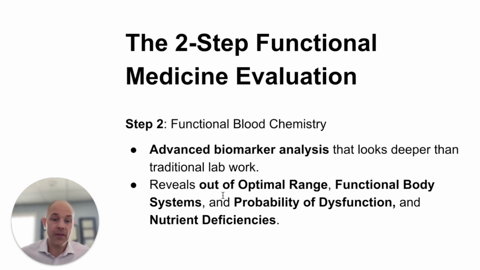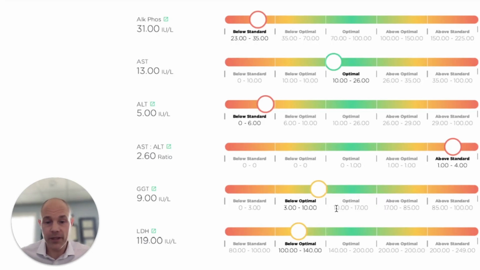We're going to look at the functional body systems, so a collection of these markers that correlates with how that particular system might be functioning, the probability of dysfunction, and then we can collect a handful of nutrient deficiencies off of blood chemistry. Some of the visuals I wanted to show you here: when I create a report, we see these optimal ranges for these specified markers,